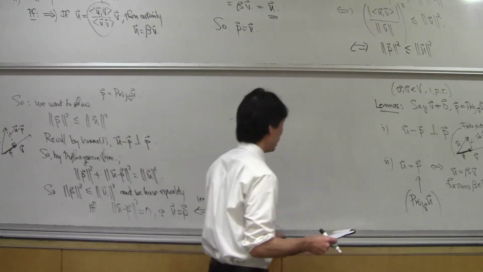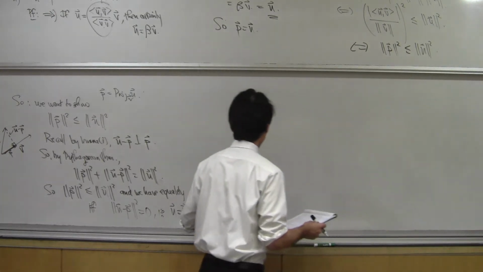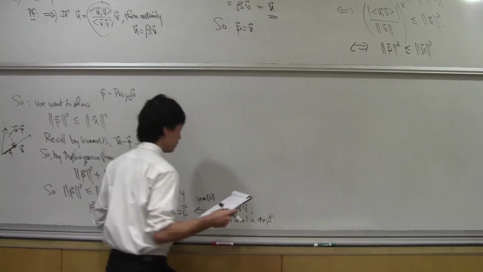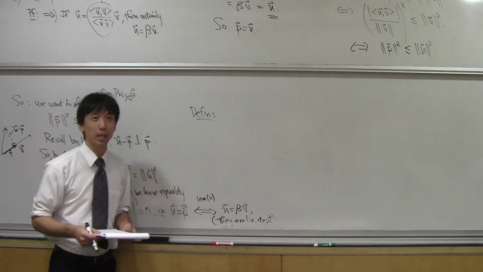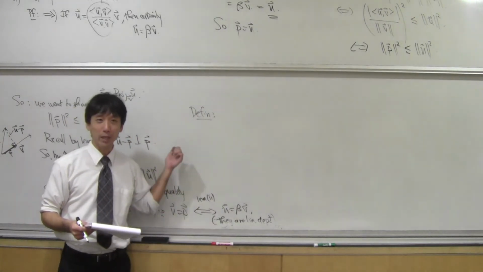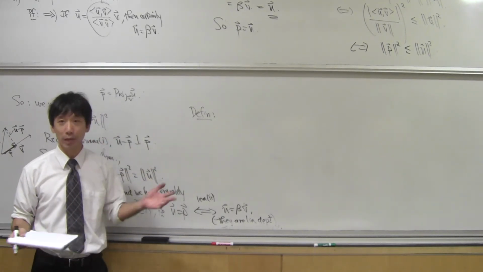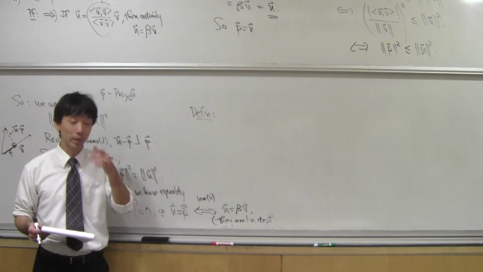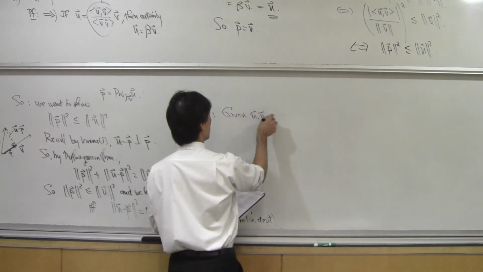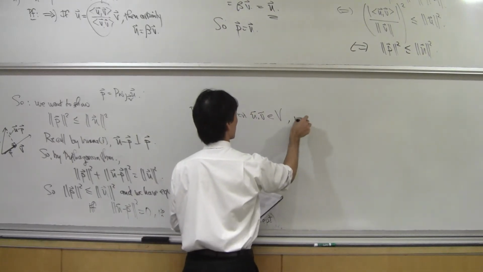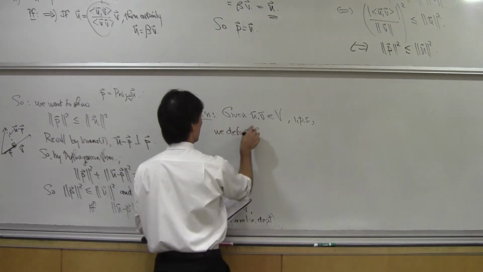Okay, so we do something funny with this. The Cauchy-Schwarz inequality allows us to create angles between vectors. So we make up angles. Their angles don't exist from the beginning, but we're going to make up angles. Now we say, given two vectors in an inner product space, we define the angle